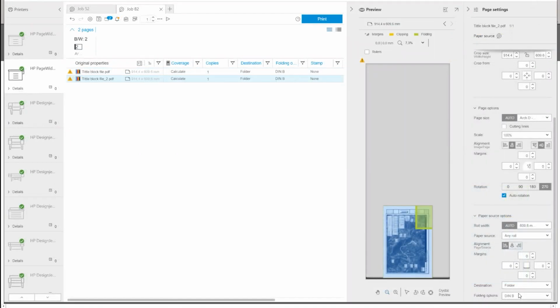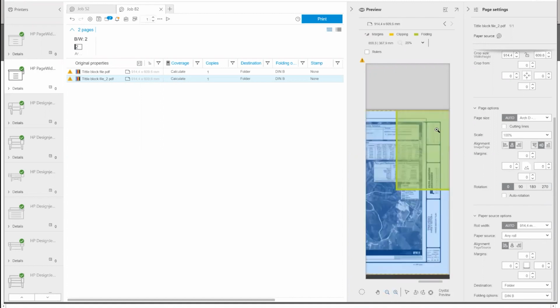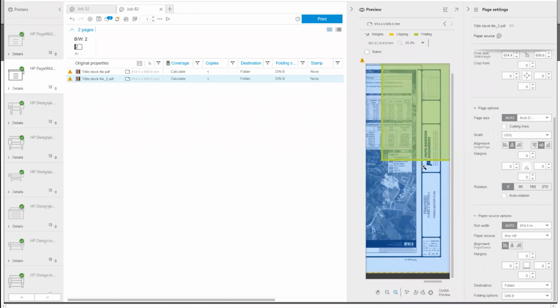I then use the rotation buttons in the preview to locate the green rectangle to cover the title block. I can also zoom in to check in more detail. If the green rectangle does not cover the title block using rotation, I would need to consider changing the folding style. Please note, if I have the dock organizer module installed, I can automatically zoom in the title block by using the Zoom to Legend tool.